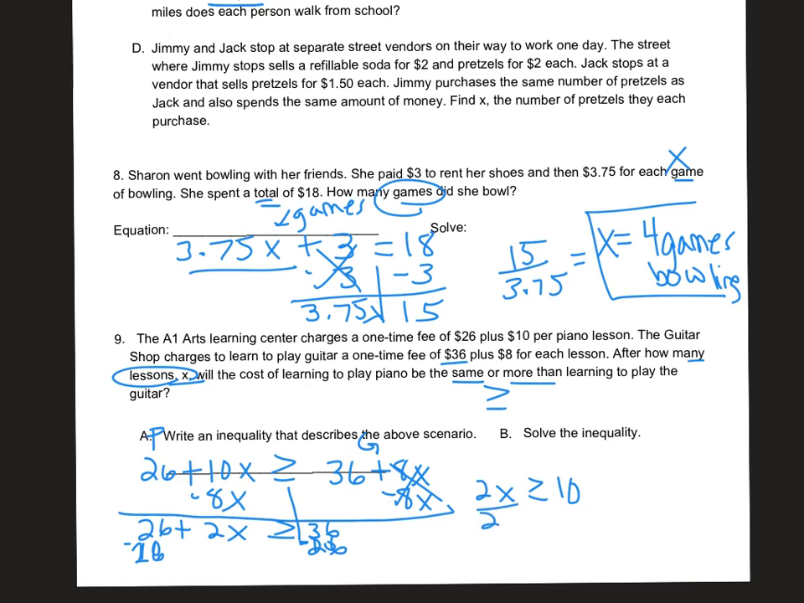My final step is to divide by 2 on both sides, and this says that x is greater than or equal to 5. So what does that mean in this situation? After how many games will the cost of learning to play the piano be greater than or equal to the cost of guitar? So this just tells me at 5 or more lessons,